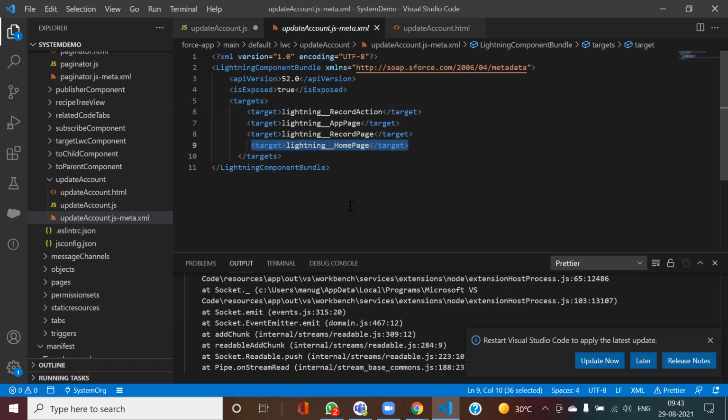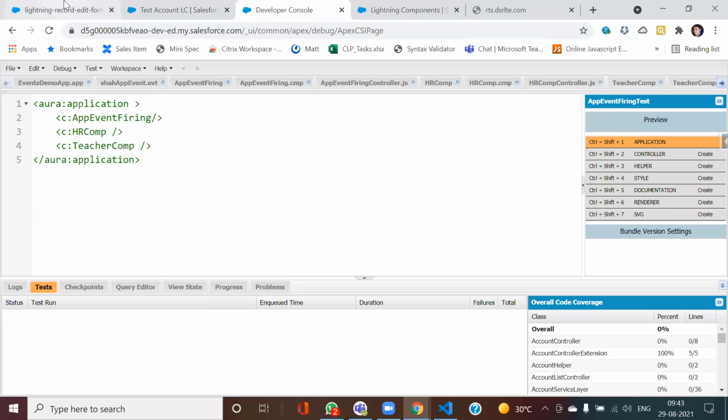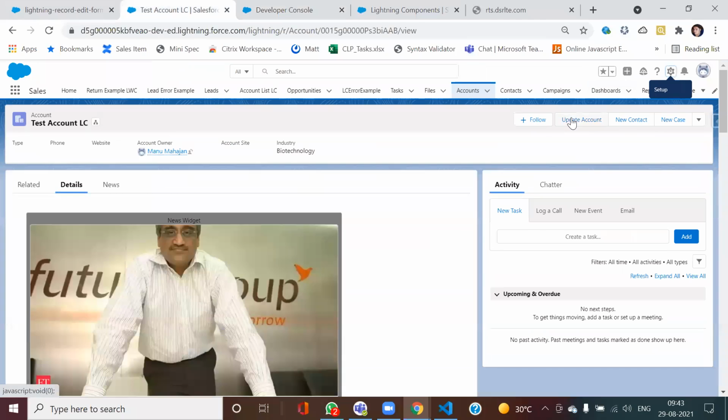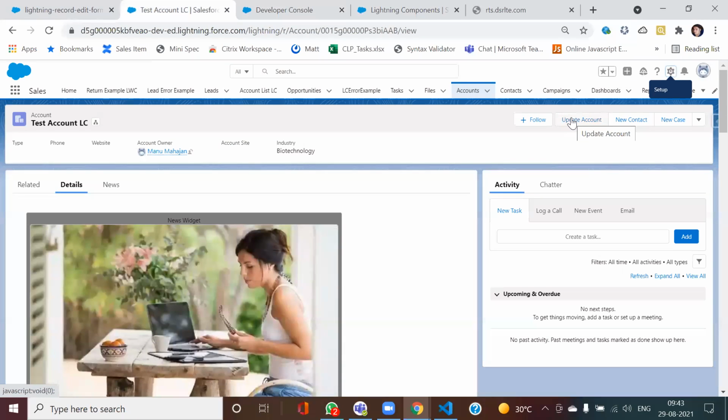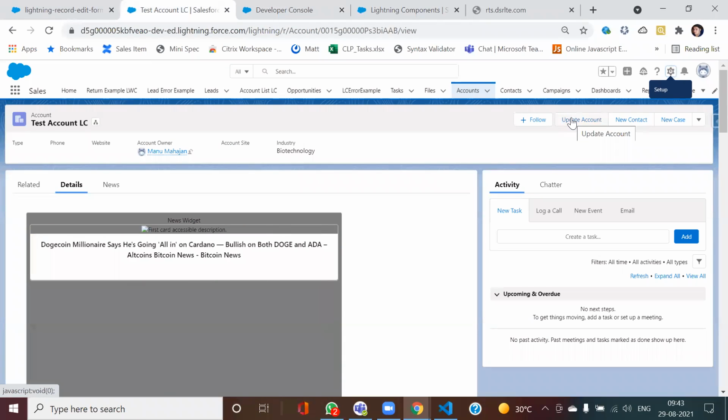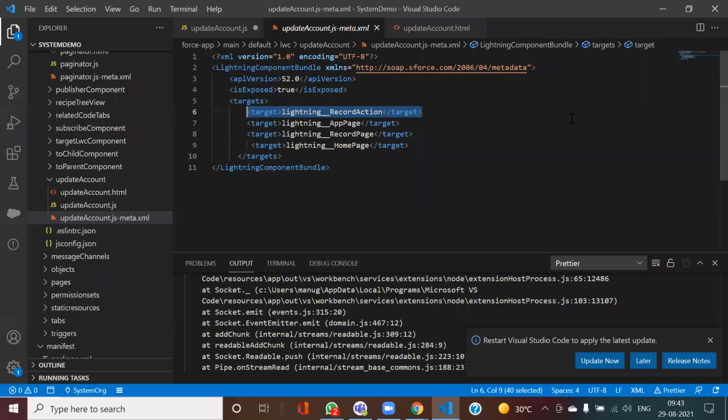And in order to use it as a quick action, we are using this. In case I don't specify this tag, it can't be used here. Whenever I am creating a quick action, it won't show me this Lightning Web Component. So is this clear? This metadata XML part.